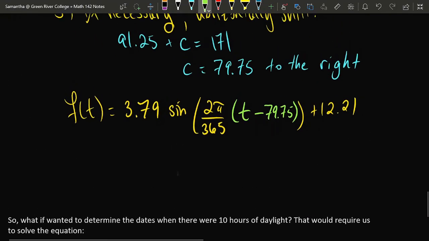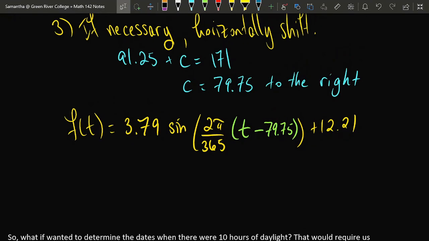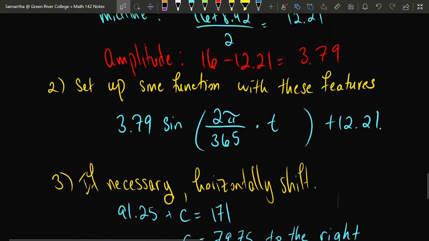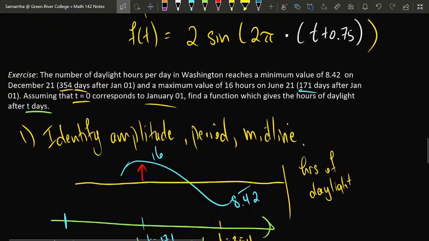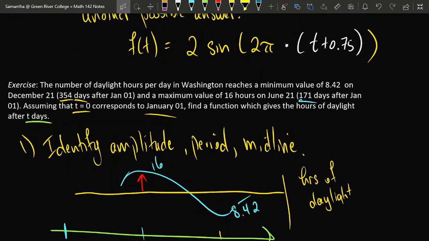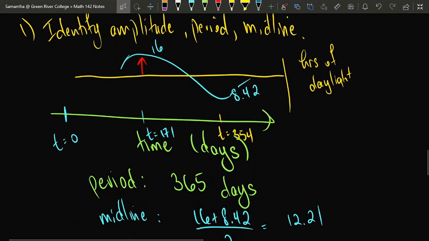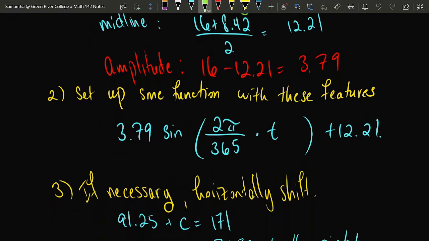So that's the general process. I have demonstrated the idea with 2 examples, but that general process can be used in quite a number of different examples. To summarize what we did: reading the question and maybe plotting a couple of points on a graph if you're visually inclined, determine the period, amplitude, and midline of whatever cyclical behavior you're examining. Once you've identified those features, sketch a basic sine function that has those same features using the formula that we gave in the previous video.